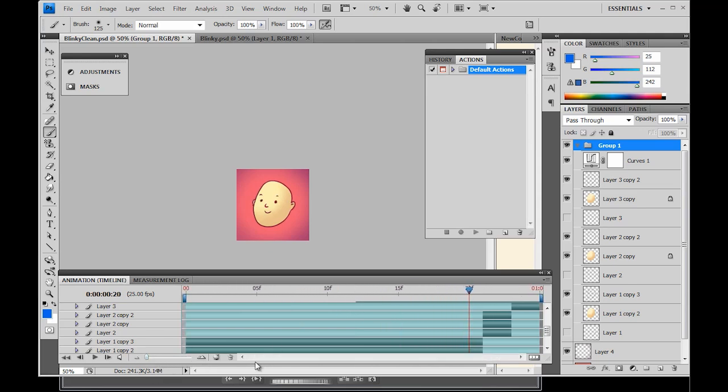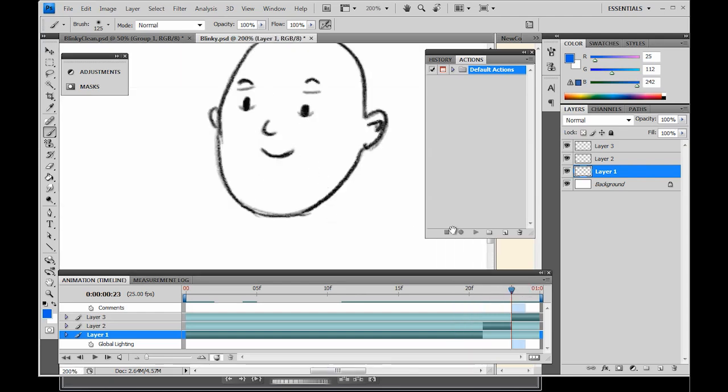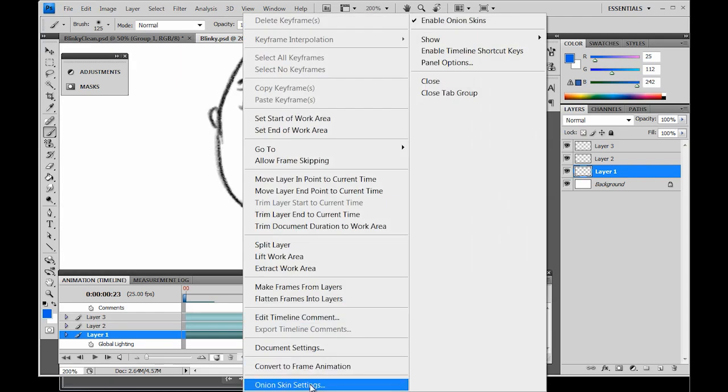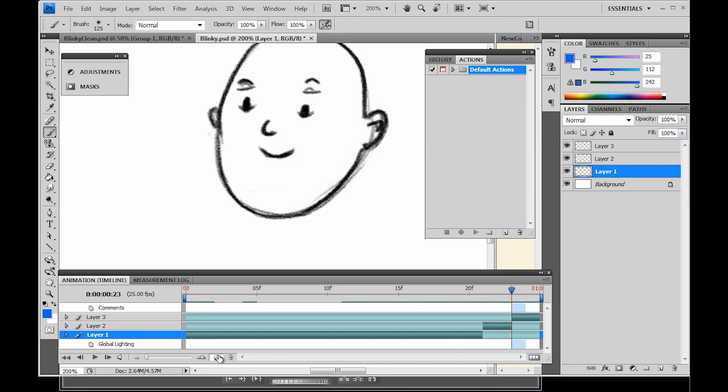Before I get too much further on, I just want to explain why I don't use the built-in onion skin setting here. And basically, that's because it's really slow to draw with. If you turn onion skin settings on and you move to your frame, it renders before and after, and you can go over here and click onion skin settings, and you can say 5 frames before and 3 frames after. You can make it normal rather than multiply. You can do all of these settings, and I mean, they can be really great for certain problems,